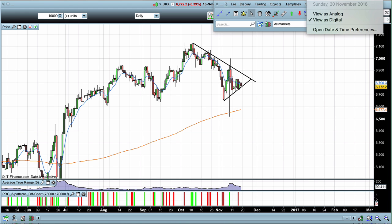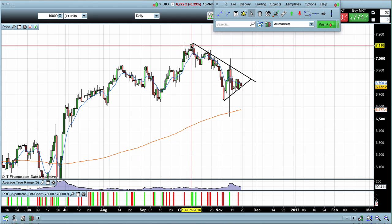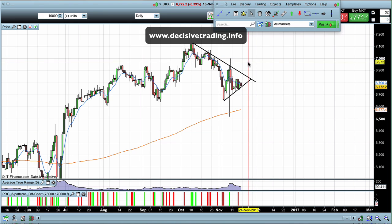It's Sunday the 20th of November, so let's have a look at the FTSE for the trading week ahead. Not too much has changed from last week's analysis. The market has not broken out of that key support or the key resistance levels around about where the market